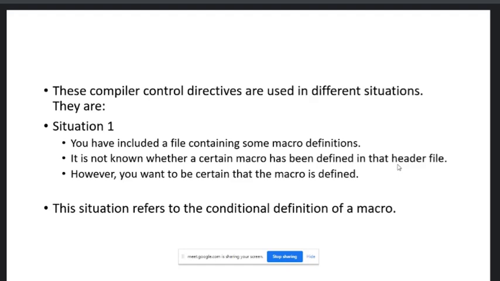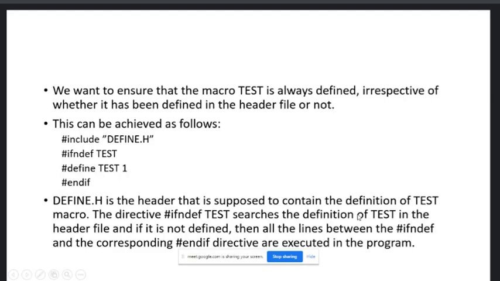Now you want to check whether that macro is defined or not. However, you want to be certain that the macro is defined. This situation refers to conditional definition of a macro, and we can use this type of structure. Include define.h. If not defined, if the test macro is not defined, then define the test macro using hash define test, and its value is 1. Then this is the endif.